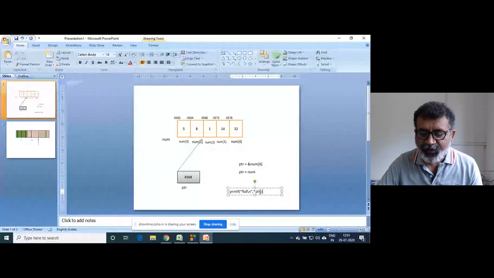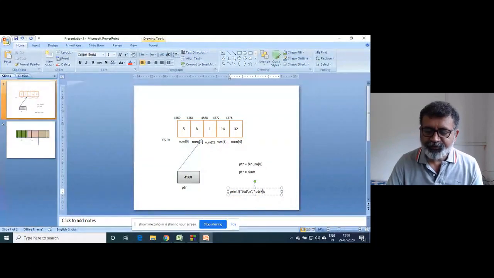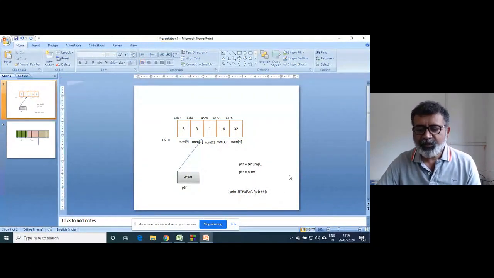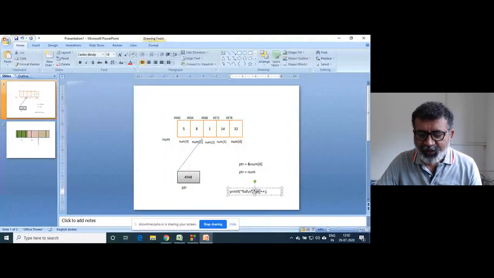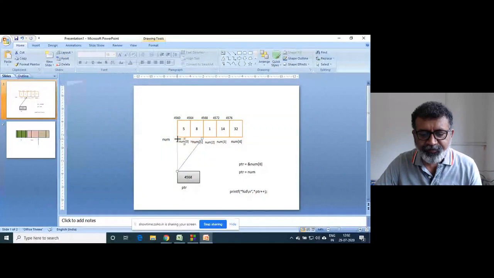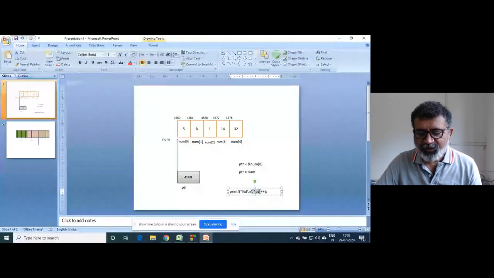I have written that PTR plus plus. Right? Now PTR plus plus is a postfix increment operator. So this will be executed first, star PTR. What is that star PTR initially here? Right? This will be executed first, star PTR.